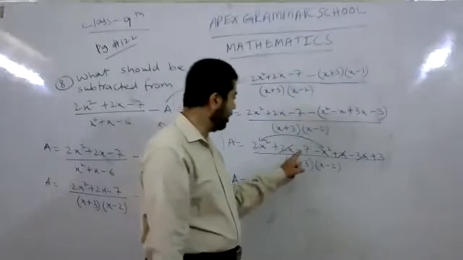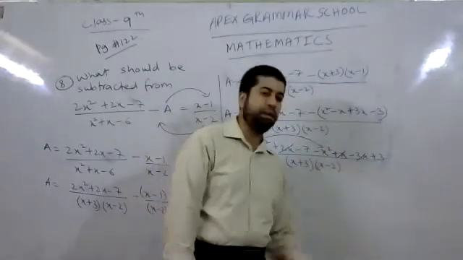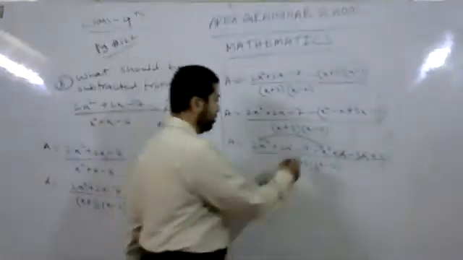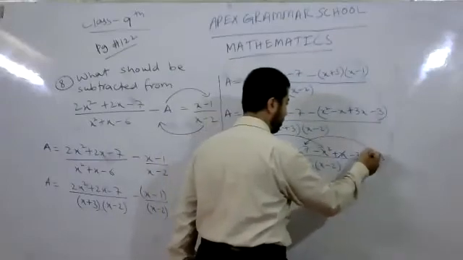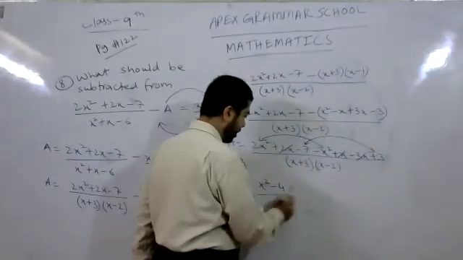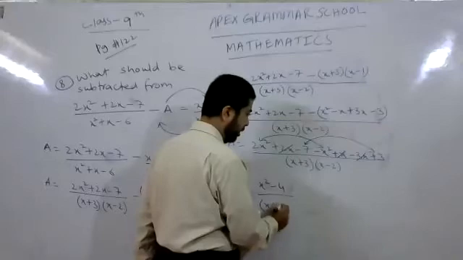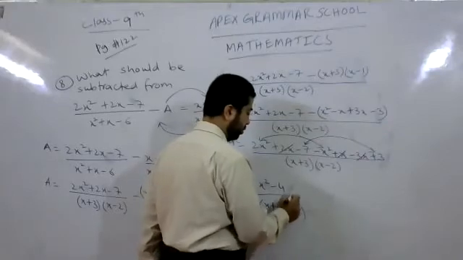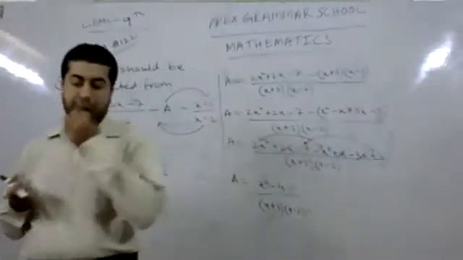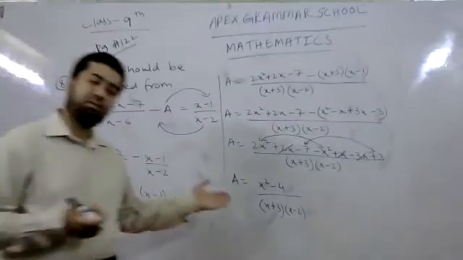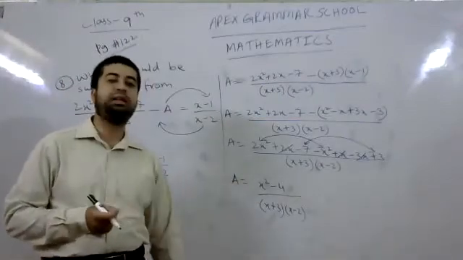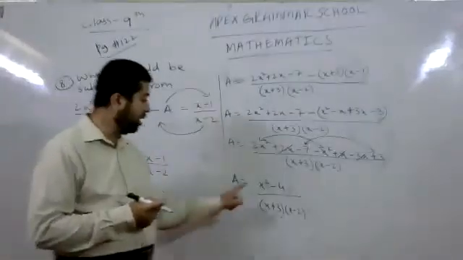And after that, minus 7 and plus 3. Minus 7 plus 3 means, this is minus 7 and this is plus 3. It means minus 4 divided by x plus 3 and x minus 2. Although this is the answer, this is the value of A, it can be factorizable because this is x square